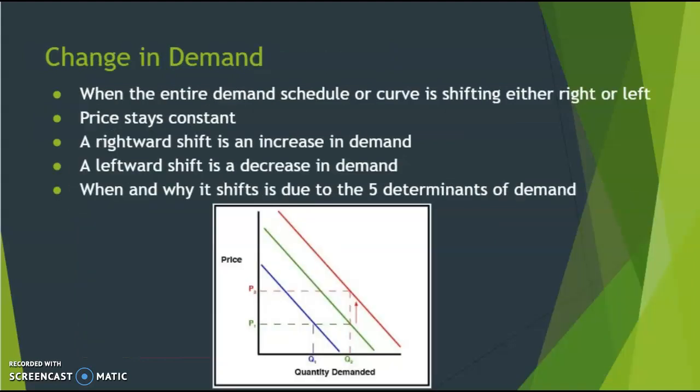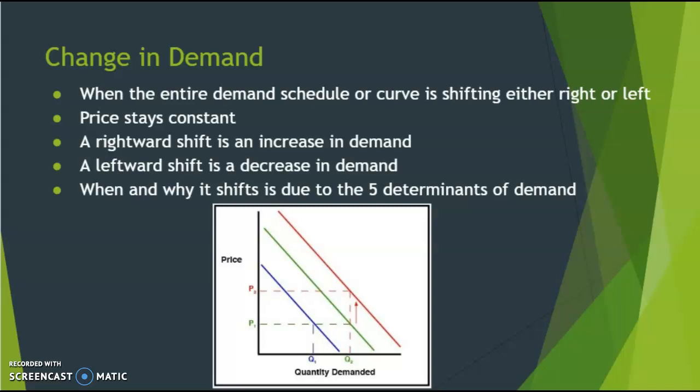So now we're going to look at the entire curve moving, and that's called a change in demand. The entire schedule is either shifting to the right, which is an increase in demand, or it shifts to the left, which is a decrease in demand. Price will be staying constant, so that's not why it's moving. Again, that rightward shift is an increase in demand, leftward is a decrease, and it's called the 5 determinants